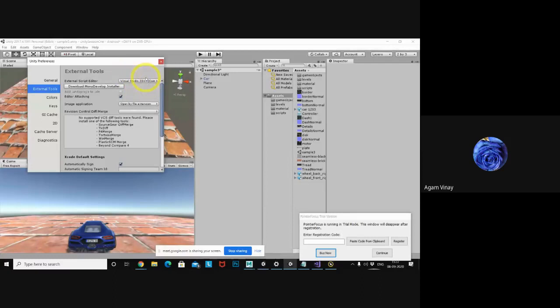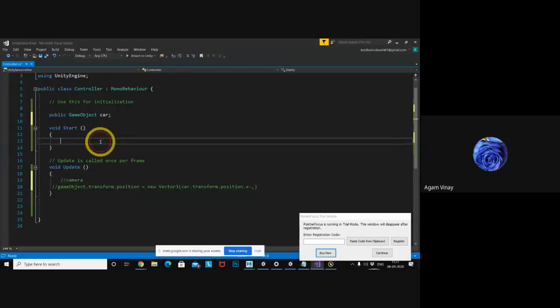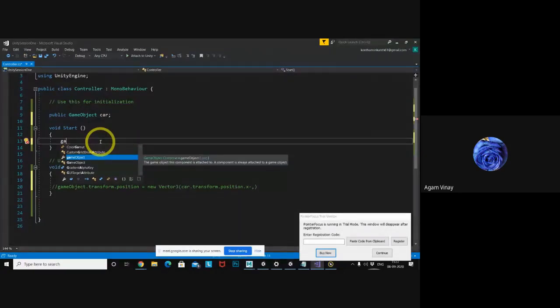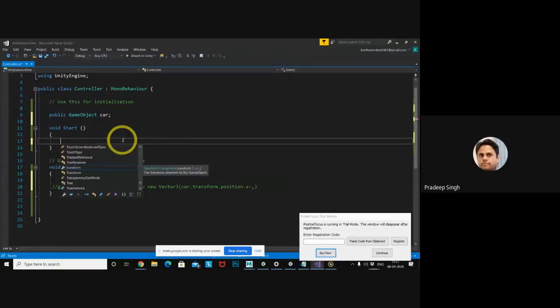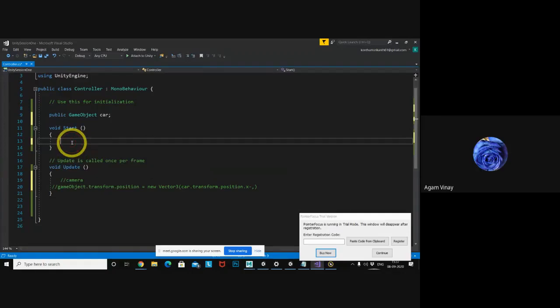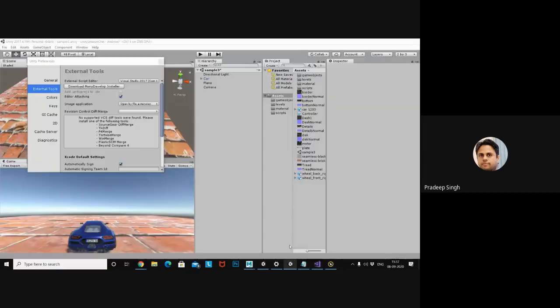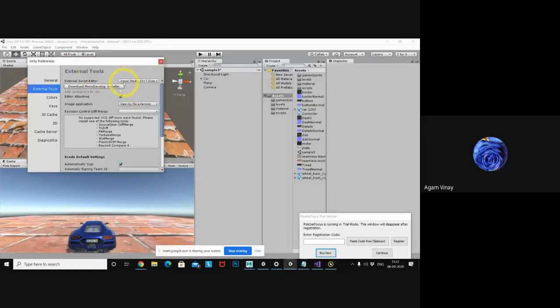Visual Studio also provides drop-downs, like if I am writing something like GameObject, it will automatically give the auto selection for you. If you write in Notepad, by default Unity provides Visual Studio with more features. So why don't we use this one only? But can we use some other language for scripting apart from this?